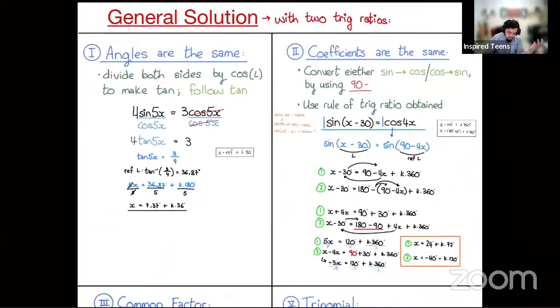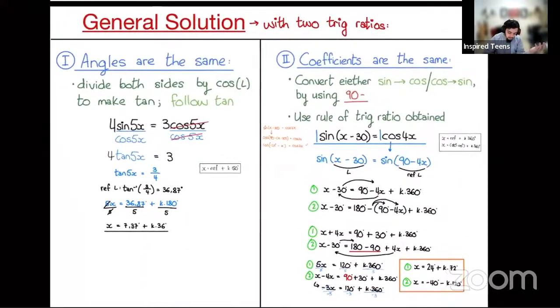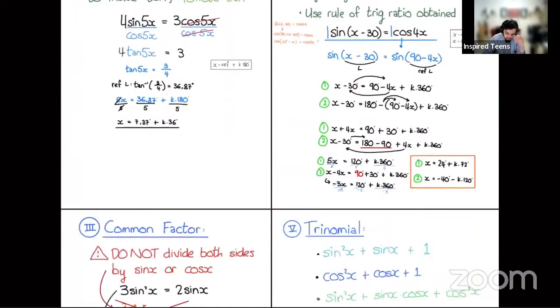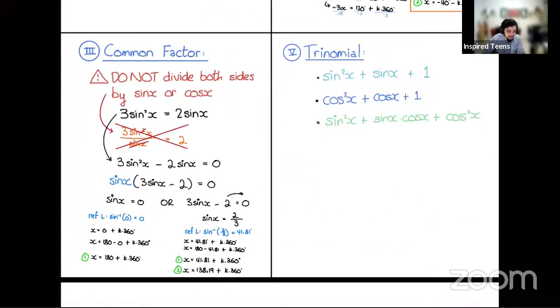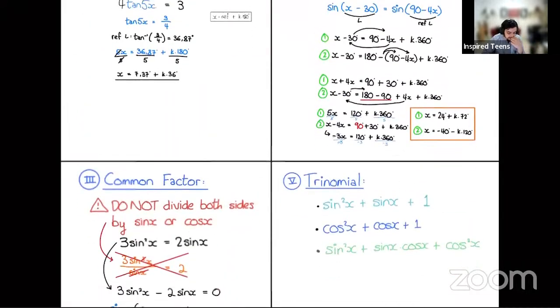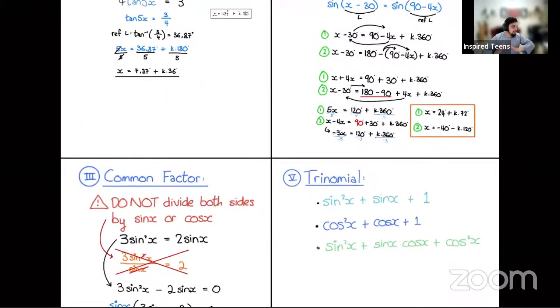Let's end it there. We'll continue next week, where we'll do trinomial examples. We'll do some more examples, and then we'll move on to graphs. And then hopefully we'll be done with trigonometry. And like I said earlier, we will move on to Euclidean geometry, or I'll do a poll and see what you guys want to do first.